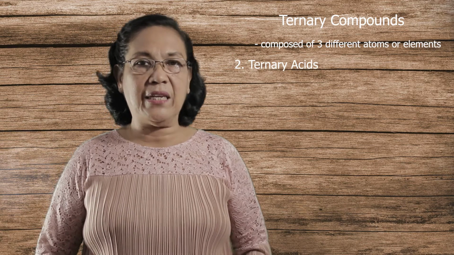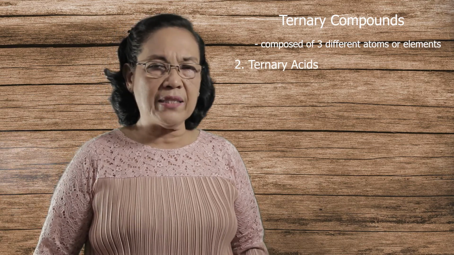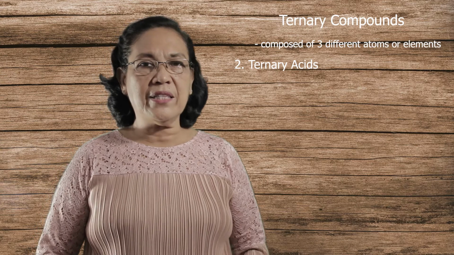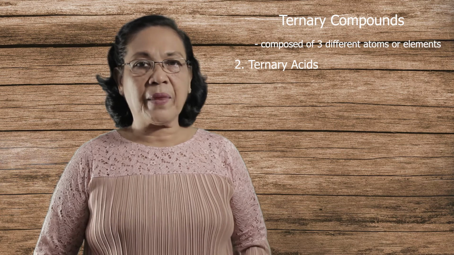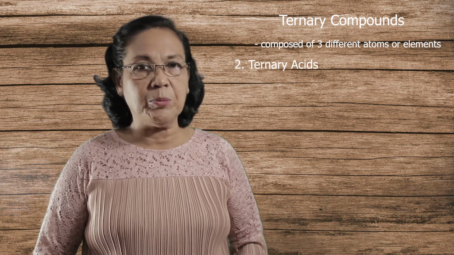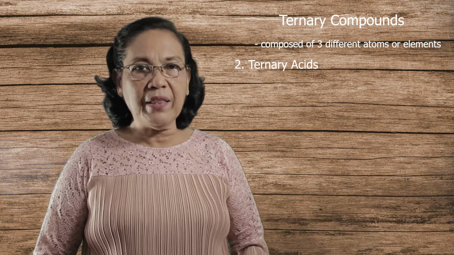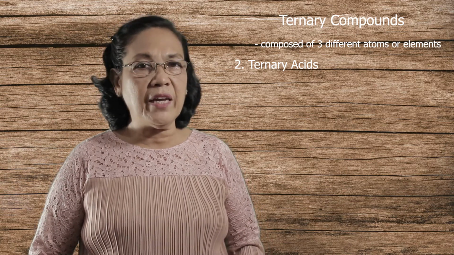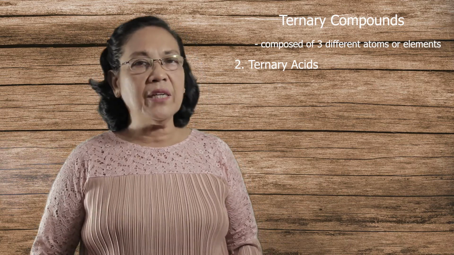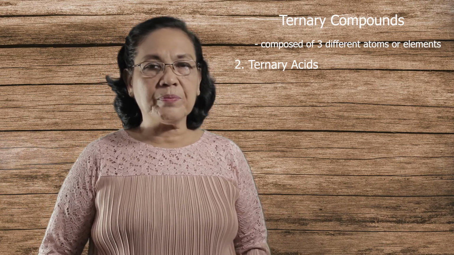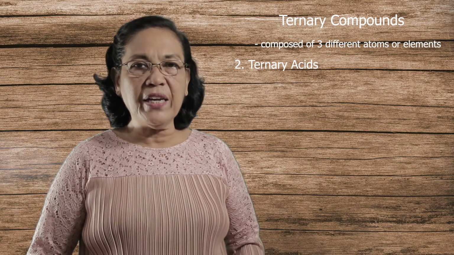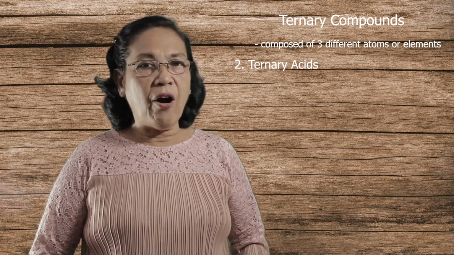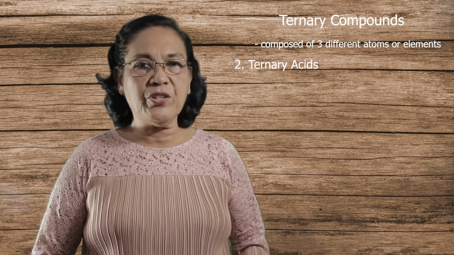Another ternary compound is the ternary acid. When we say ternary acids, these are acids that contain hydrogen along with oxygen. And there is the central atom. Now, in naming these ternary acids, the name is dependent on the name of the central atom. So, we have to base the name of these ternary acids on the oxidation number or oxidation state of the